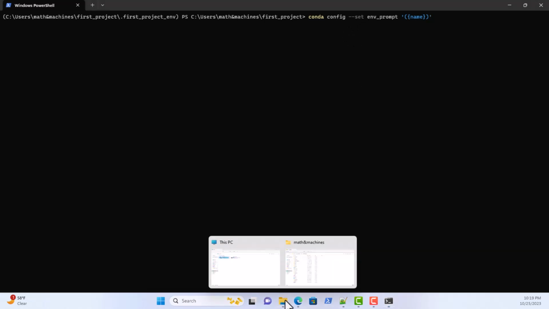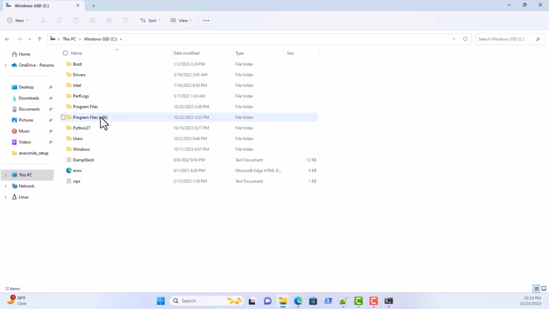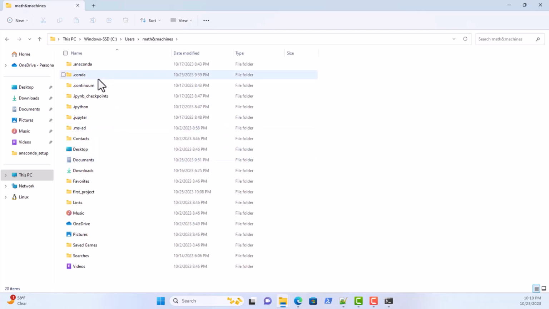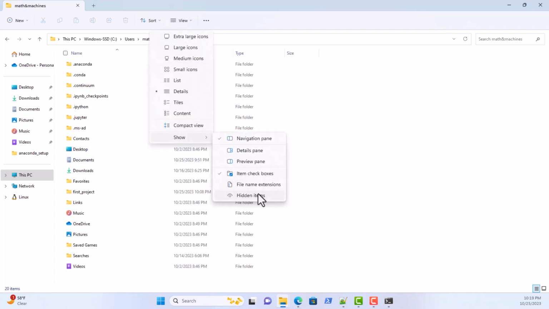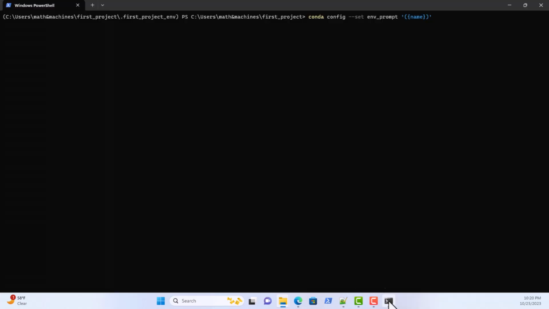We can confirm that we don't have any such file by going to the users directory, math and machines, and let me make sure that I'm turning my hidden items on, right? So we don't have a .condarc file yet, and the moment we run our first conda config command, it will generate it and it will add this configuration to that file,